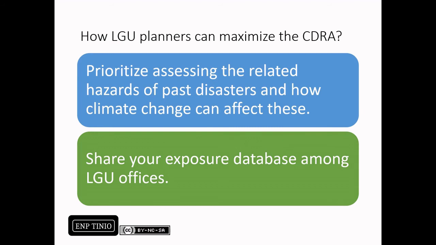First, prioritize assessing the related hazards of past disasters and how climate change can affect these. In the case of Tiwi, flooding and landslides were the primary hazards. The Albay province is continuously threatened by typhoons. These hazards can be made worse by projected more severe tropical cyclones and projected sea level rise because of climate change. Secondly,